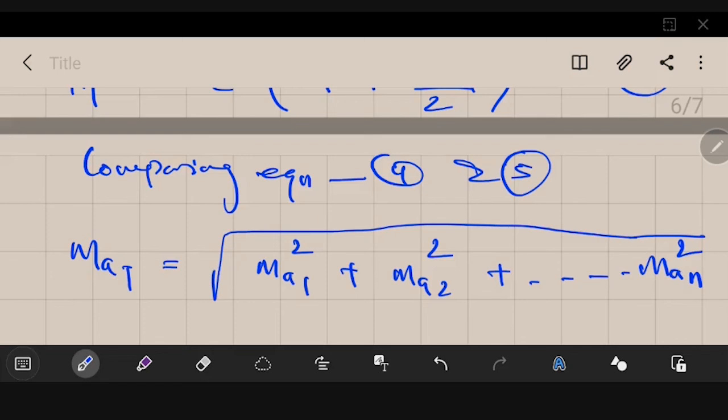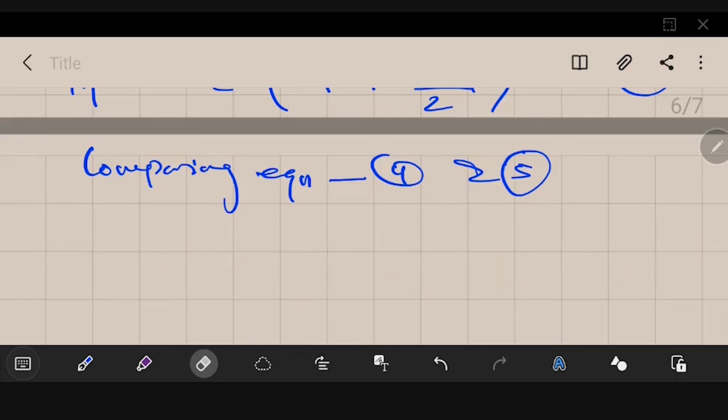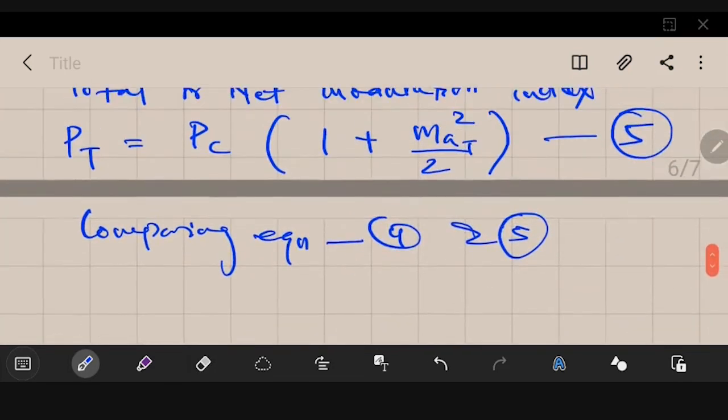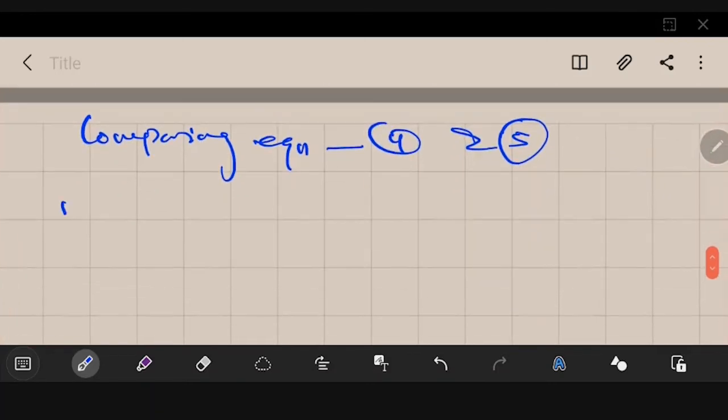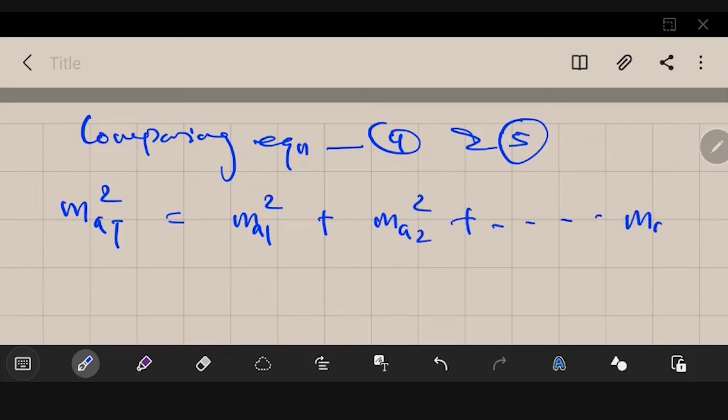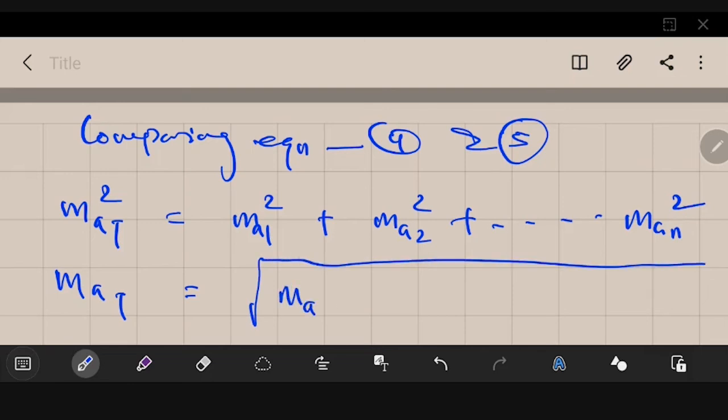Okay, so this is basically the total or net modulation index. Or just a minute, let me write it in a different way. If you compare it, you will get m_at square. Let me just, I had eliminated one step. So m_at square is equal to ma1 square plus ma2 square plus dot dot dot plus man square. So now I could write m_at is equal to root over of this much, ma1 square plus ma2 square plus dot dot dot plus man square. So this is the desired expression for